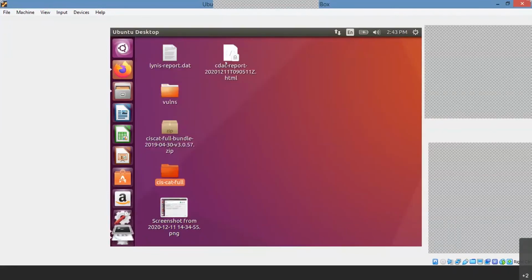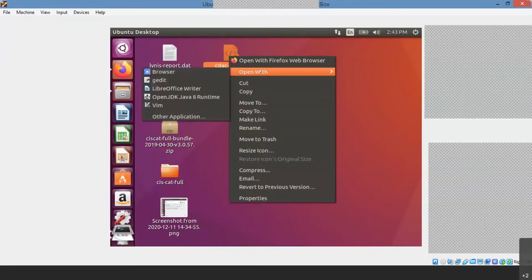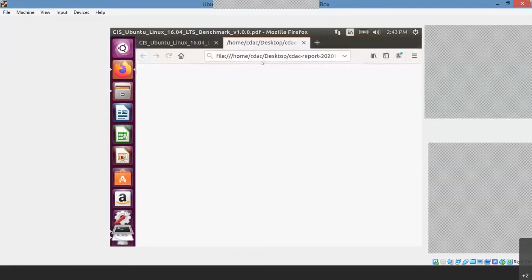So I copied the same thing into these things. Open with browser.